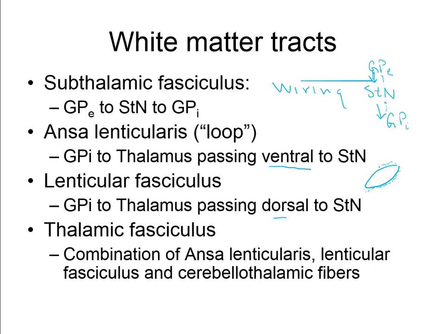And on this side, it has the lenticular fasciculus, and those are the white matter bundles that wrap the subthalamic. Okay? They will then have to turn around, and when they do that, they are joined eventually by the fibers that came from the contralateral dentate, synapsed on this side, some of them at the red nucleus right here, but others continued on and are other fibers going to motor thalamus. And at that point, when we've got ansa and lenticular and cerebello or dentatothalamics,